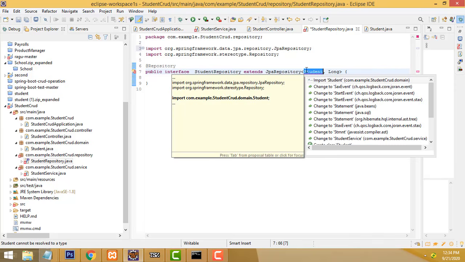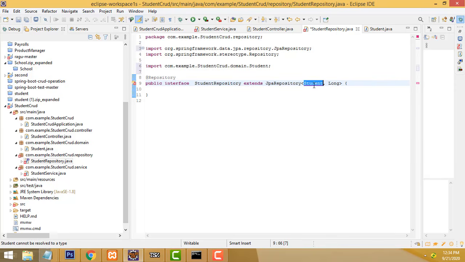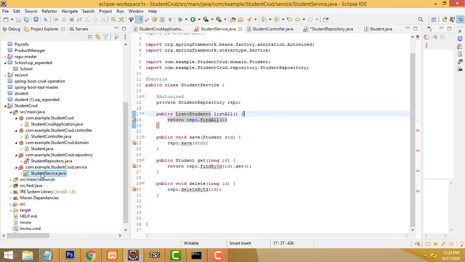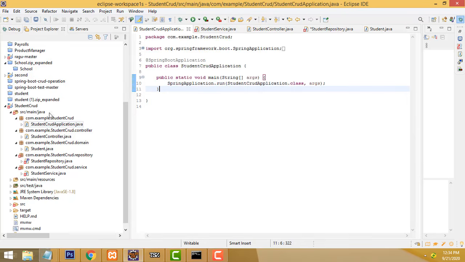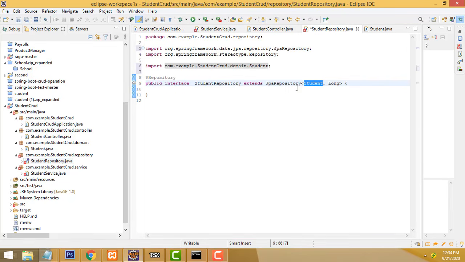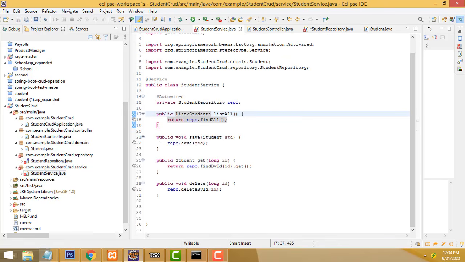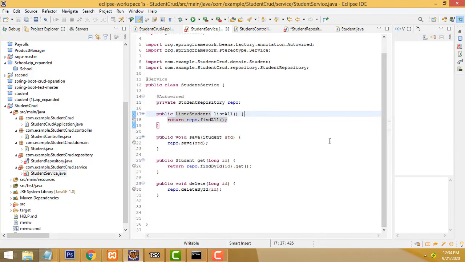Now if you select this one, all the students are there, right. Now if you select this one, the other errors are gone. You can see here, all the errors are gone. Now there is no error, all of this is clear. This one is coming from the domain class. This is the domain, right. This is the thing we have to add, then only it will cover this. All the stuff is clear, right. Now these are the only things we have to do. Very simple. You have to compile the application first, right. We compile all the stuff. How to compile?